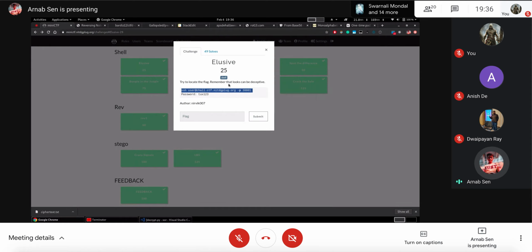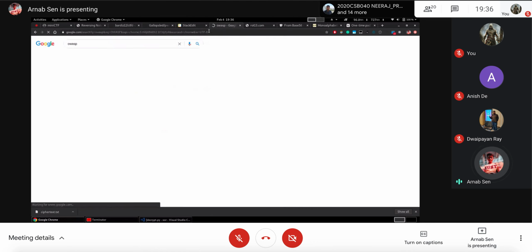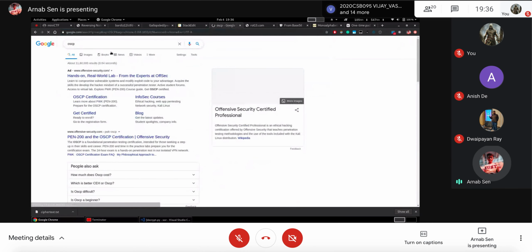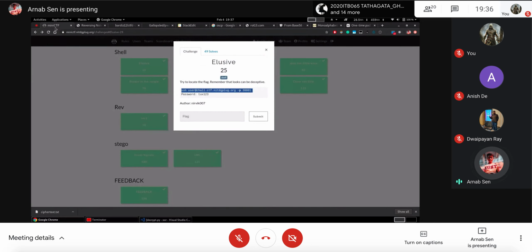Also, if you move on to bigger certificates related to the cybersecurity field, like OSCP, you will be given machines similar to this one, and you have to SSH into those machines and find flags and stuff like this. So, would you like to add anything?